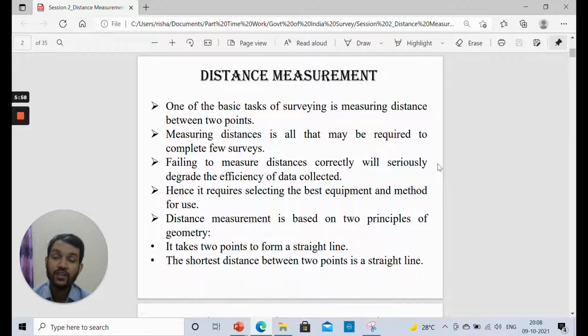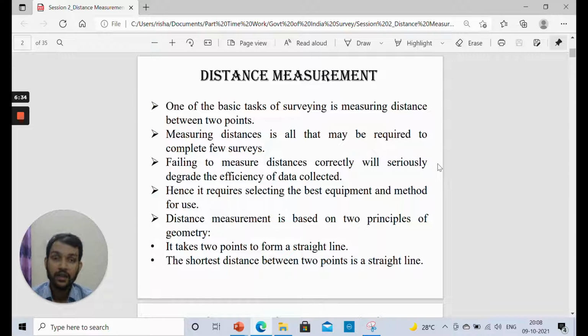Measuring distance is one of the most important parts of the survey, along with angular measurement. Angular measurement we will be discussing in the next lecture in detail. In this lecture we will be completely focusing on the instrumentation used for measurement of distances, what errors may occur in measurement of distances using those instruments, and how we can account for those errors. Theoretical concepts are one thing, but when you implement them in the field, small errors account for it.